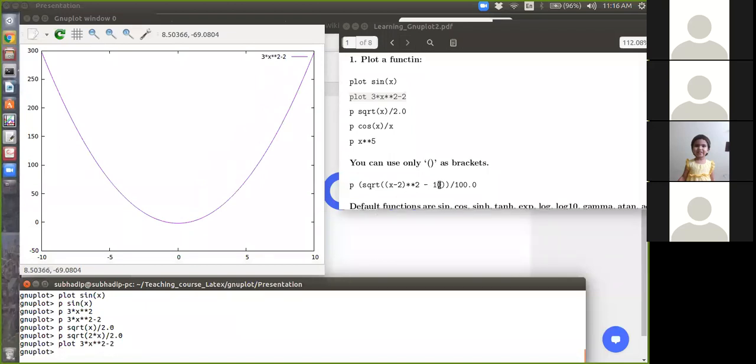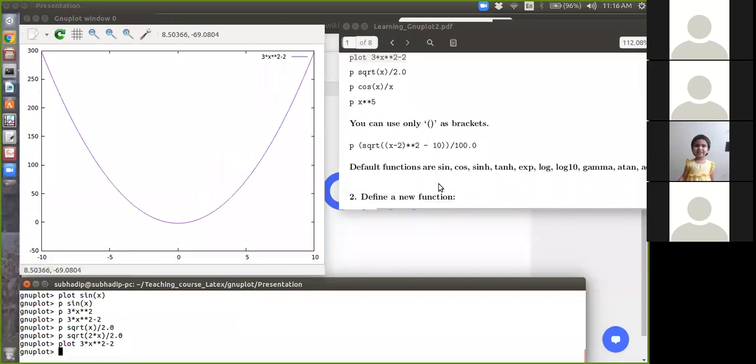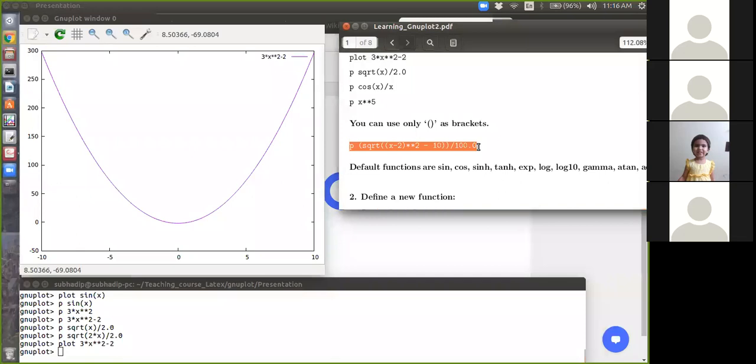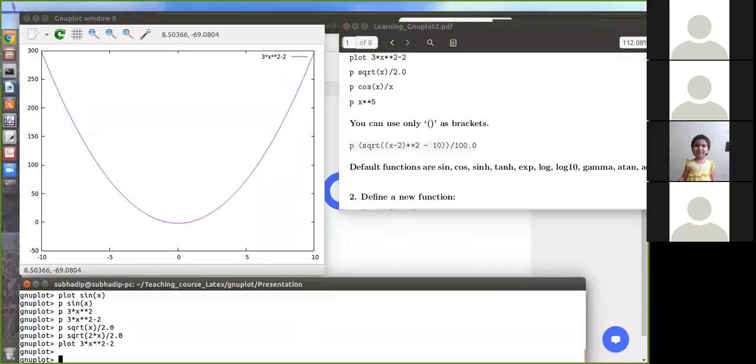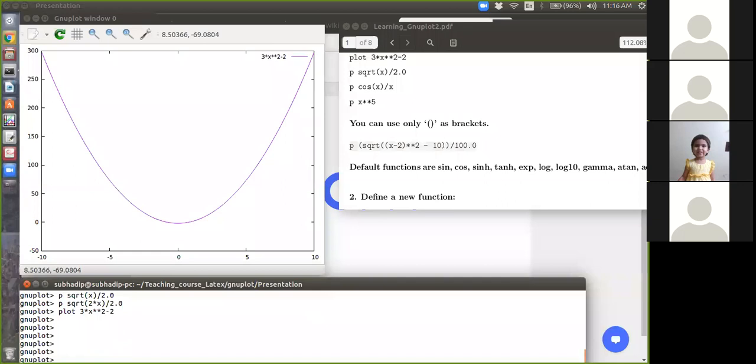So the next thing I'm going to discuss is you can use only the first bracket. There is no second or third bracket in the command. Okay. You can display it as a legend or anything, but in the command you just have to use the first bracket to define a function or any operation. Okay. For example, this one. I will copy this. I don't know what the output could be. It will give something because I typed it randomly. So, okay, let me do it first. I will not copy, I will just type. It will be helpful for you.